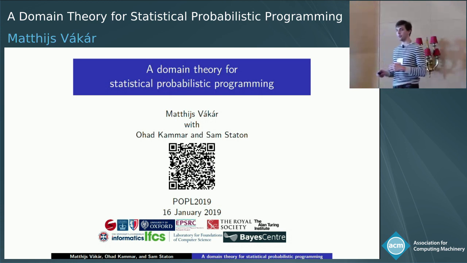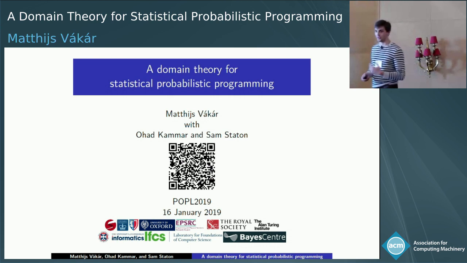So just for the people who came in for this session, let me very briefly say what a probabilistic programming language is. I'm talking here about statistical probabilistic programming languages. These are languages that you use to specify statistical models. The idea is that the compiler then includes some complicated Bayesian inference algorithms that let you perform inference in your model. But the programmer only has to specify the model and doesn't have to worry about the inference. So these languages allow domain experts to put their expertise into a probabilistic model, and then the compiler does the complicated math, basically.